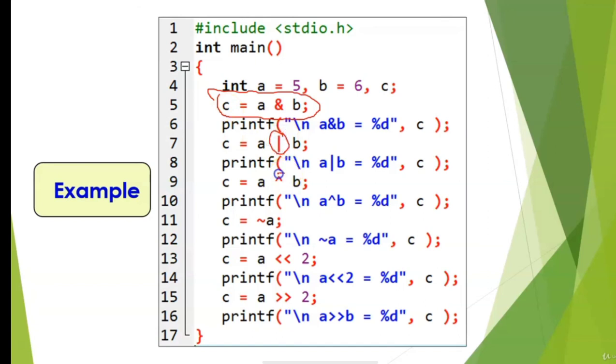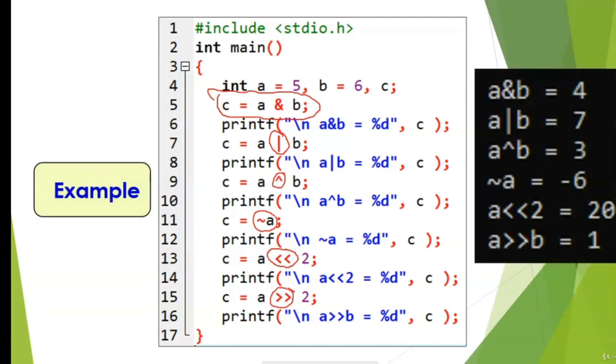On line number 9, bitwise XOR. On line number 11, bitwise NOT. On line number 13, bitwise left shift. Whereas on line number 15, I am applying the bitwise right shift. And here is the output of this program. So A bitwise AND B is 4, and so on.